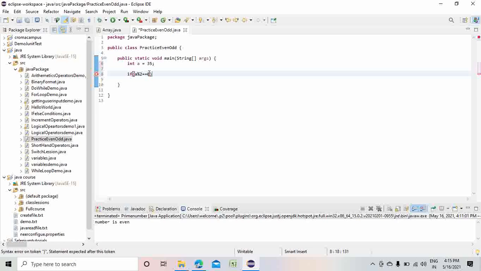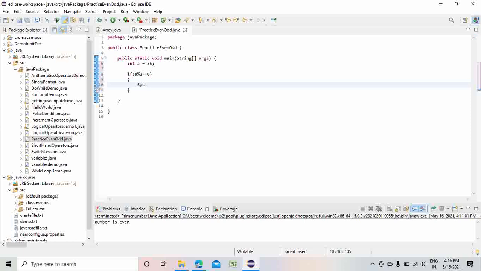This will be the condition, because if we divide a number and the remainder is equal to 0, then the number will be even. Same as here, a modulus, we use here 2 double equal to 0, used as a comparison operator, as will be, if it will be a 0, then